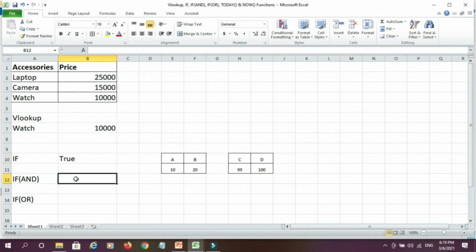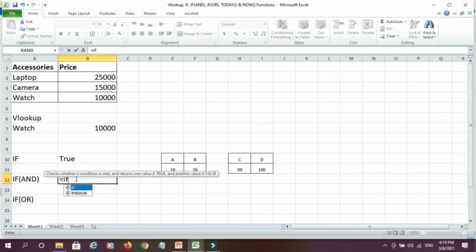Similarly, we can combine if with AND operator. Here I'll start with if, tab, I'll write AND, again tab, then I'll provide one condition, and with that another condition I'll provide.